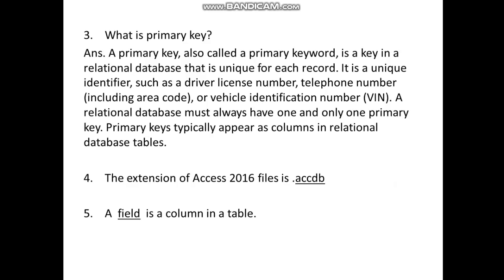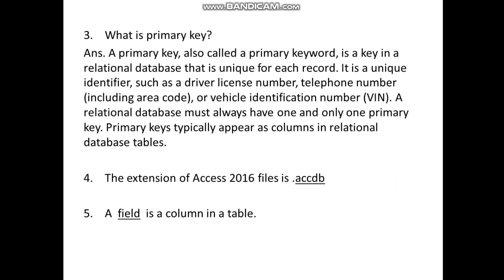What is primary key? A primary key, also called a primary keyword, is a key in a relational database that is unique for each record.